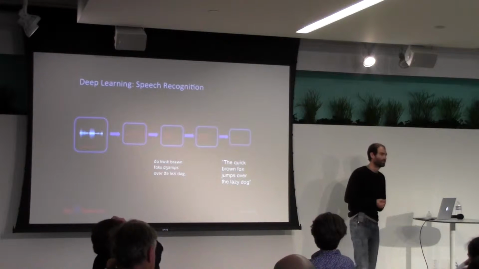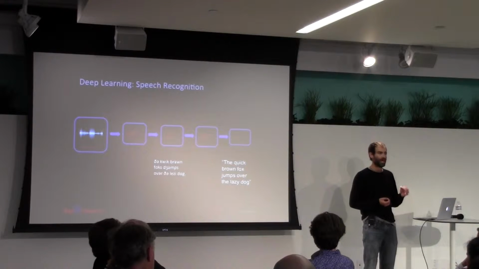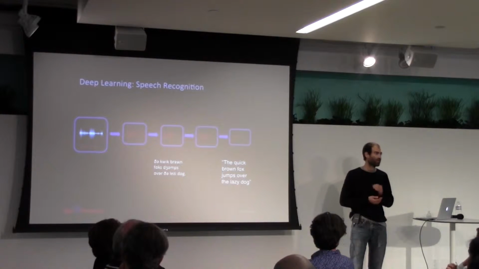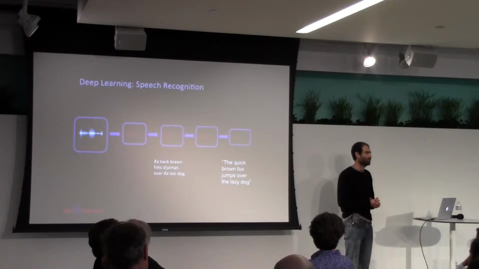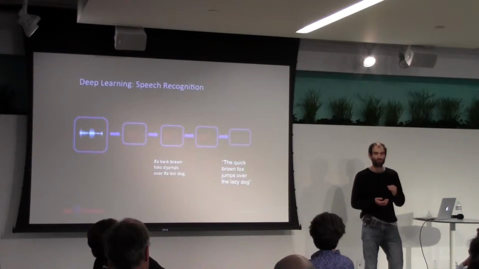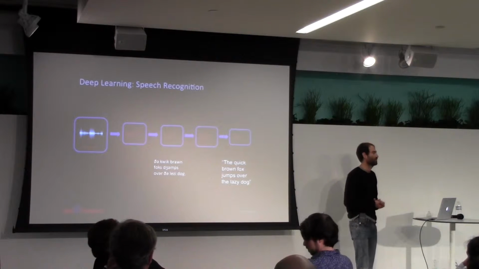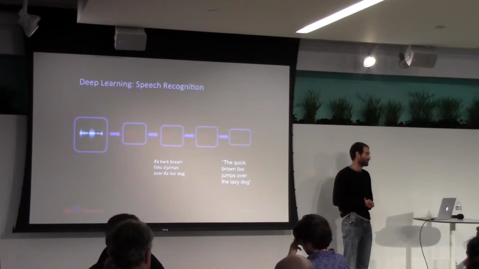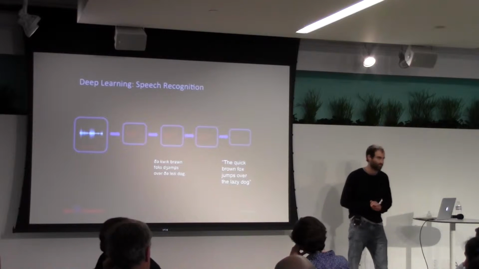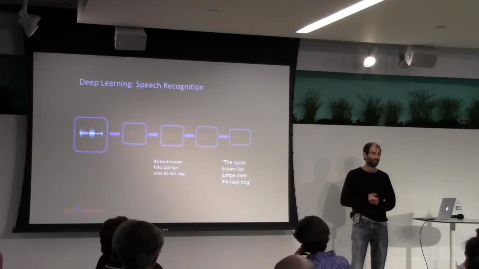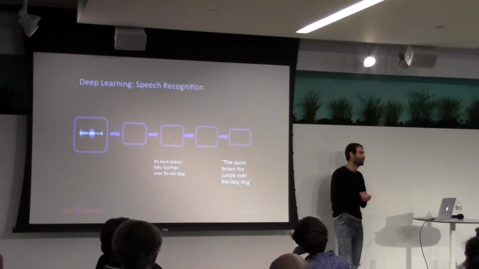So let's take an example of, say, "the cat sat" and "the cat hat." It's hard to distinguish between those two just based on the audio. The language model can then come in and say, well, "the cat hat" doesn't make any sense. That's not a sentence. So it can come out and say "the cat sat" has to be the correct transcription. So this is just very much a cartoon of today's state-of-the-art speech recognition pipeline.